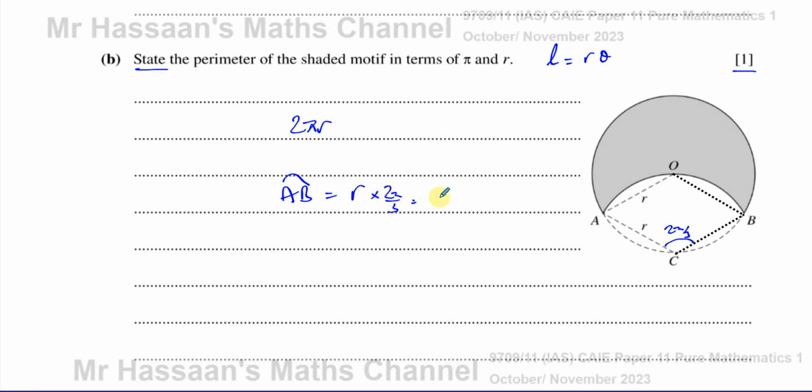Okay, r times 2 pi over 3, which is 2 pi over 3 times r. That's the length of the arc AB. And you can say the length of the minor arc AB. The length of the major arc AB,